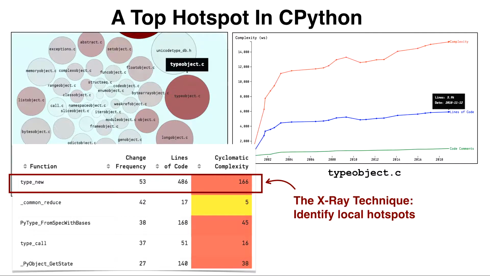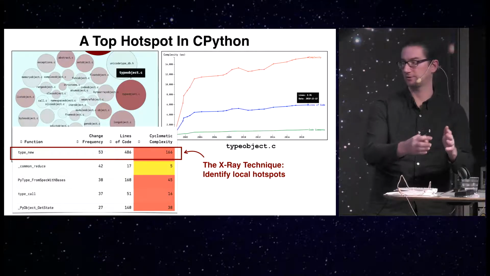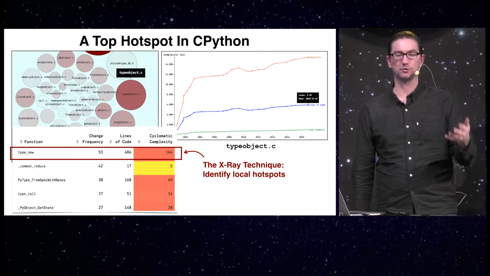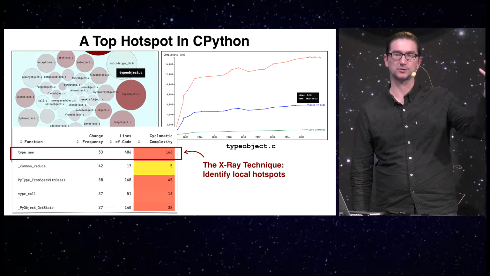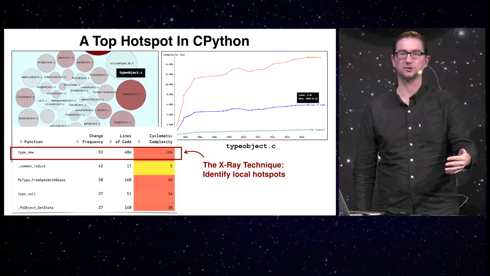So this is most likely a pretty good refactoring candidate to simplify because we do work in that part of the code all the time. And we see that it's 486 lines of code, which is a lot for a single function, but it's still on the level where we could even have a single programmer refactor that. So we managed to take that large code base and come up with a specific recommendation on where we should focus. But the reason I show you this is because I want to show you that the hotspot concept scales on all abstraction levels. You can go all the way from architectural components to files and classes, down to functions and methods.